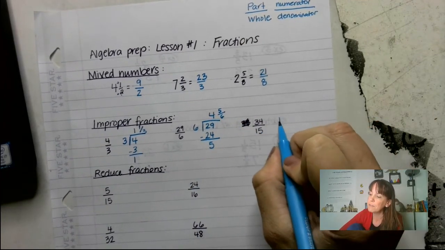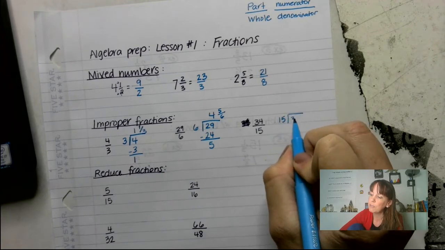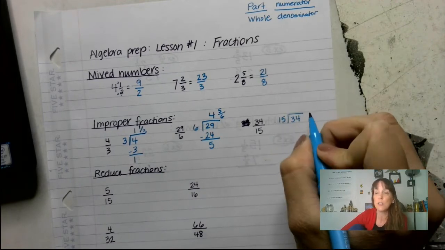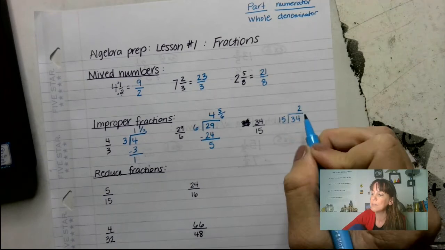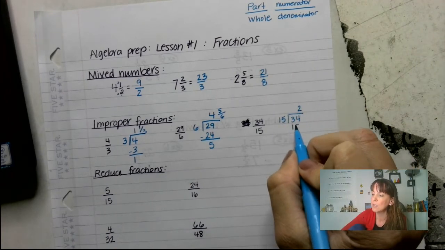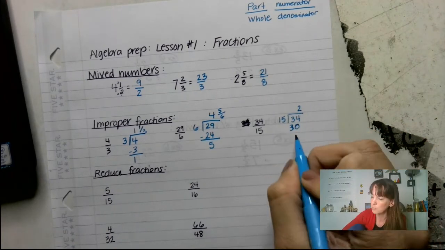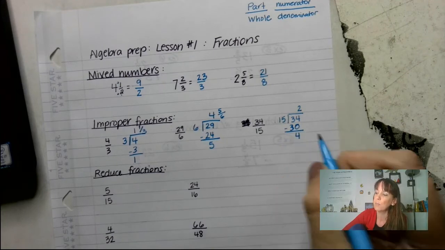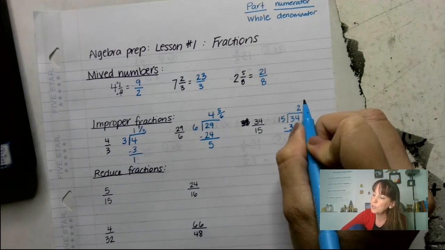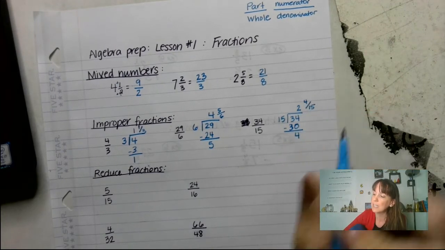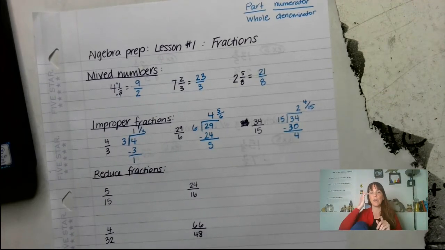Over here, we've got 15, and then we've got 34 under the table. 15 goes into 34 2 times. 2 times 15 is 30. Practicing my math here, which gives me a remainder of 4. So we've got 2 and 4/15. If you don't already have it, make sure that you get a